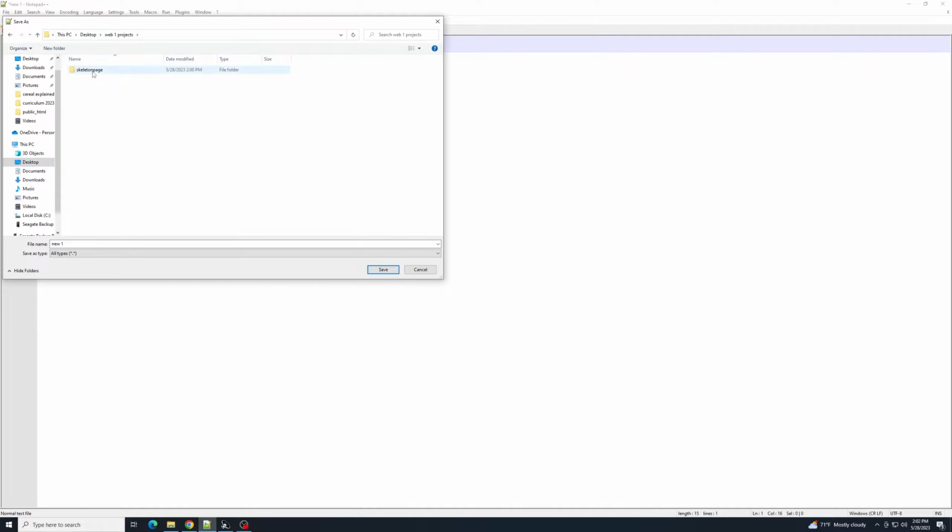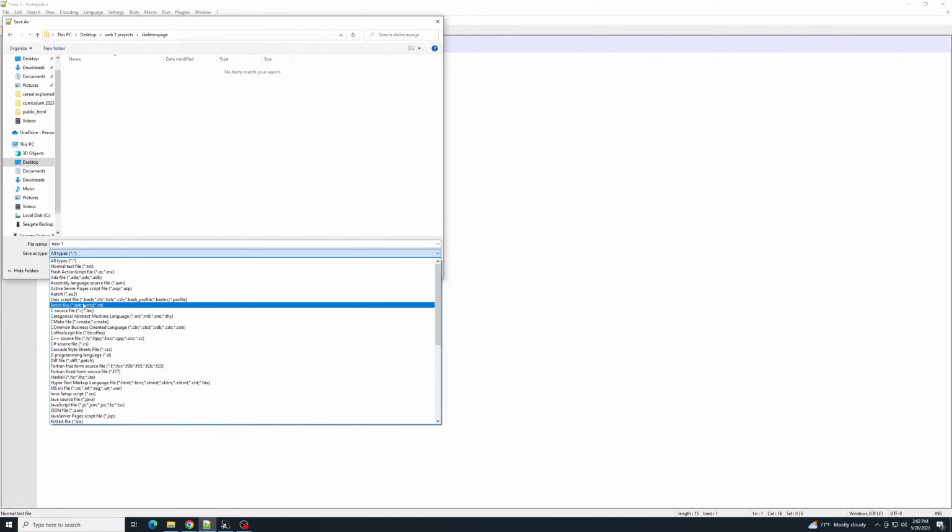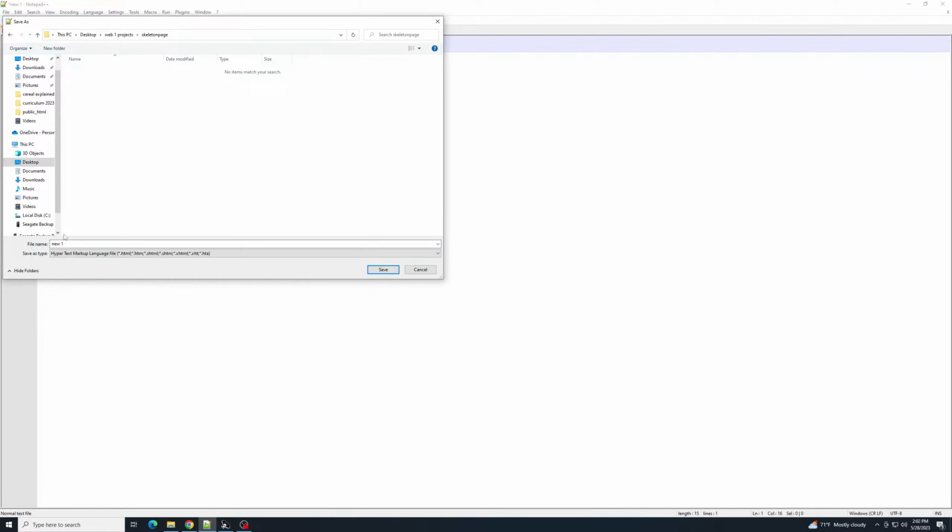And in here I have my skeleton page, so I'll navigate into there. Down here where it says Save As Type, again, it's a little different with each text editor, but for Notepad++, I have to go here first, Save As Type, Hypertext Markup Language file, and in all lowercase,